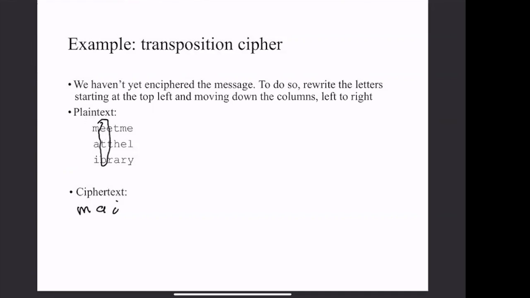The next 3 letters are going to be E-T-B. The next 3 letters will be E-T-R, and so on and so forth. And we keep on going column by column by column this way. So next would be